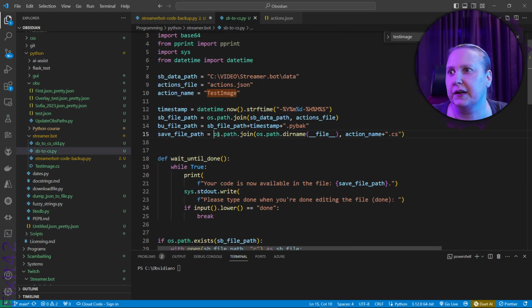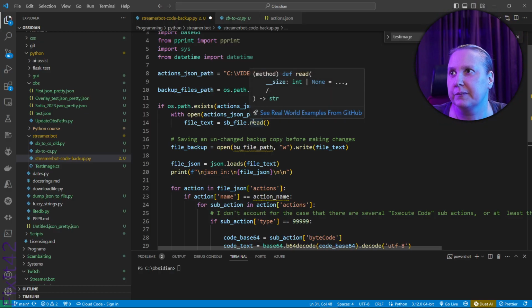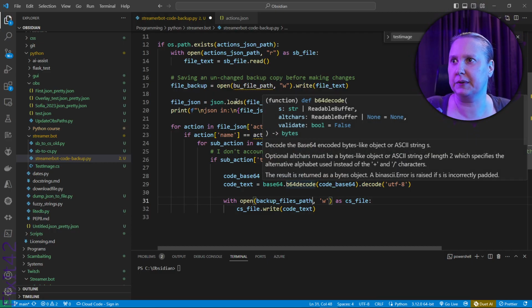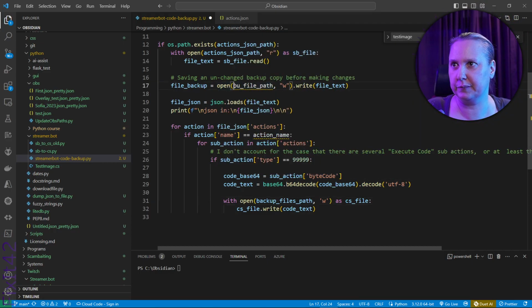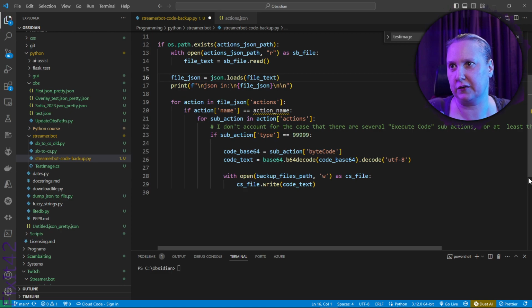I just want the OS path join, because somewhere in the script, let's close that for simplicity. So somewhere in the script I'm going to, this is also removed, just saw another squiggly, and the name here